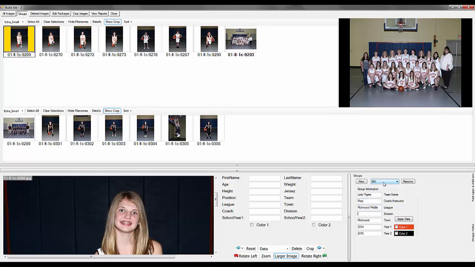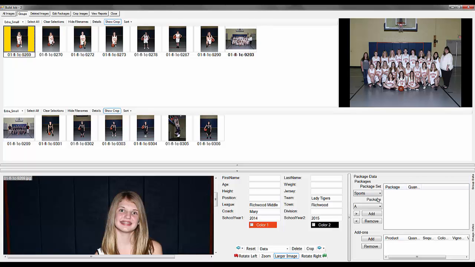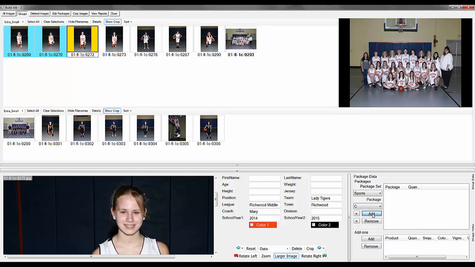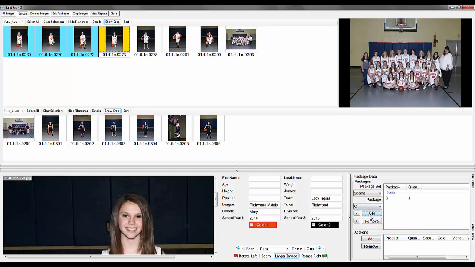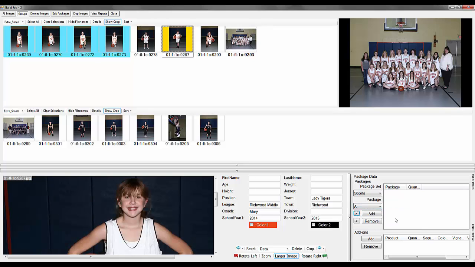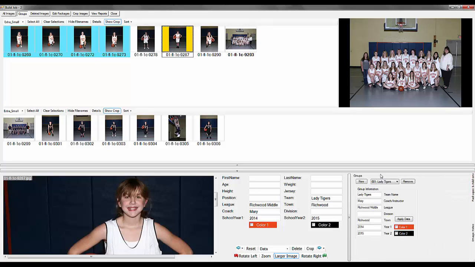And I can just leave any info that's the same there. Colors are the same, so I can just click apply data and switch back to packages and add-ons and key packages. Alright, and when we're done with that, just go back to group data, click new,